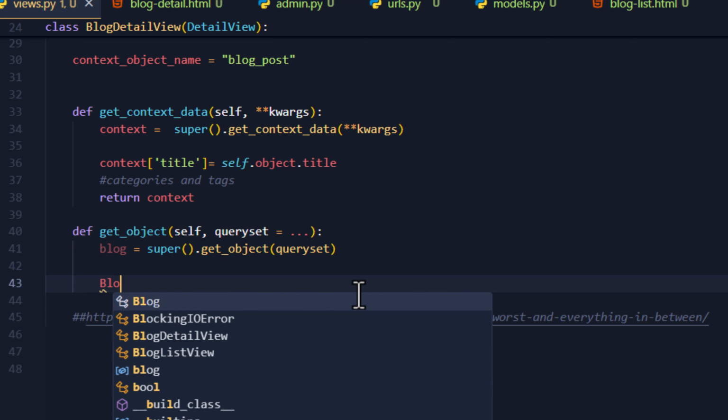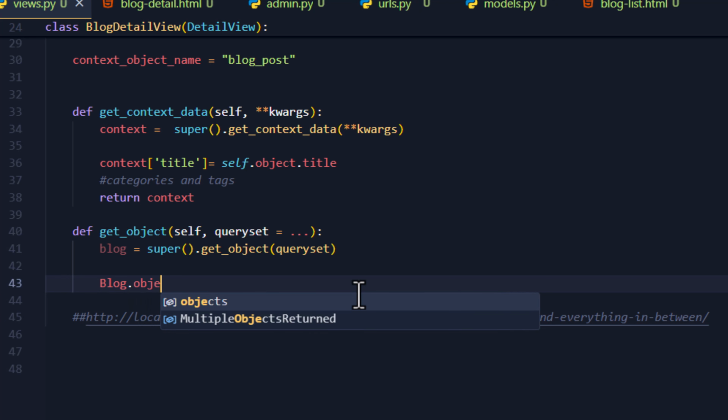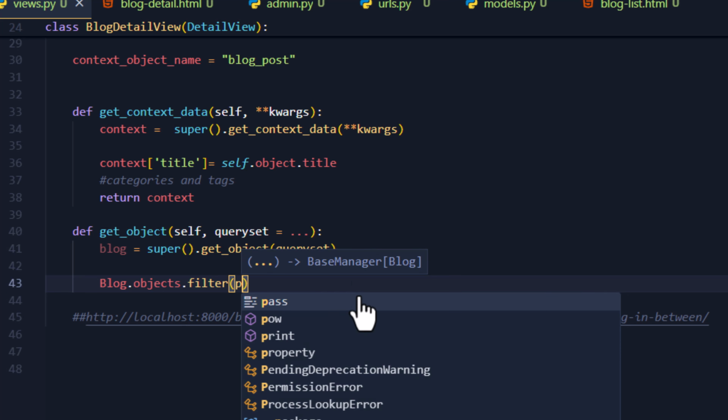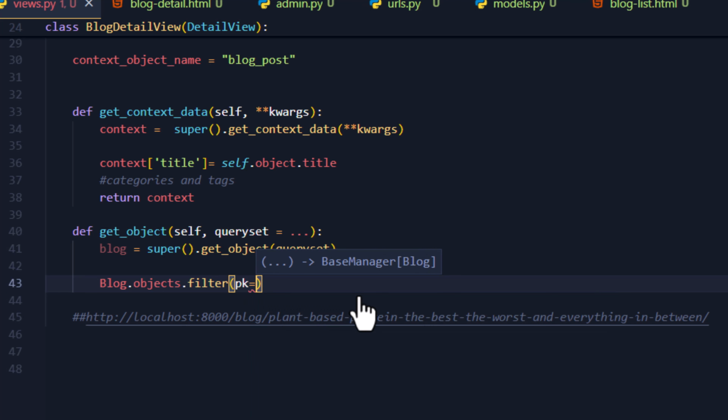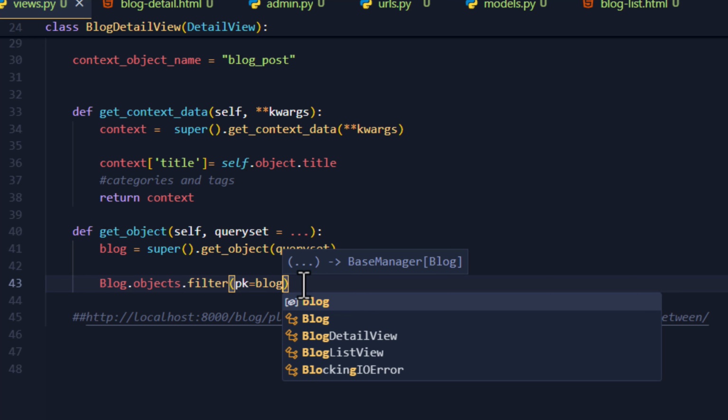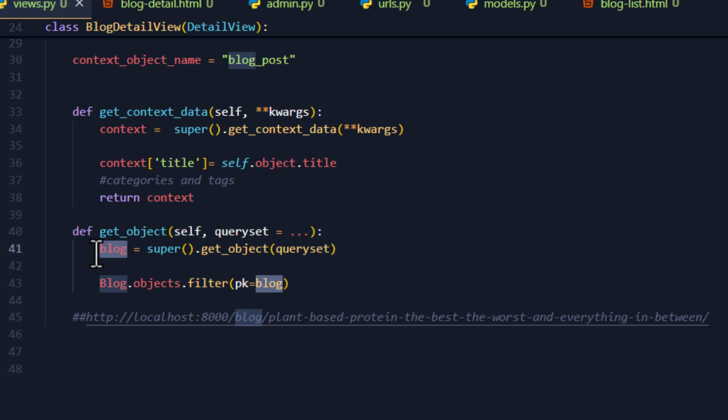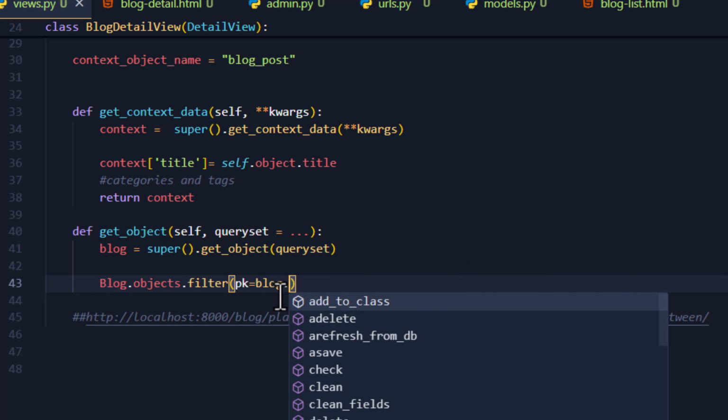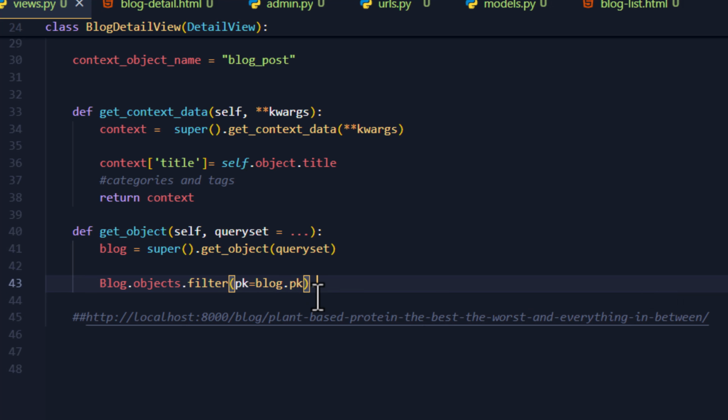And we can do that using Blog.objects.filter. And we're going to filter using the primary key, which will be equal to blog. Remember, blog is the object we've accessed over here. Dot primary key. And we want to update